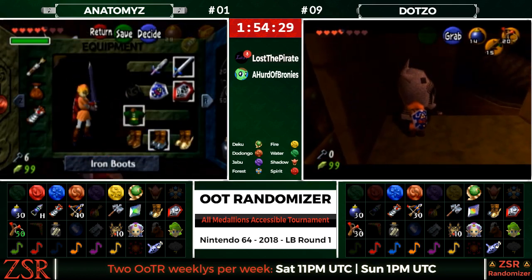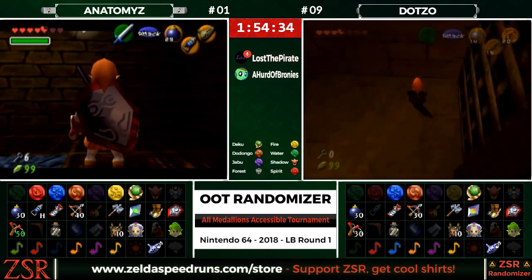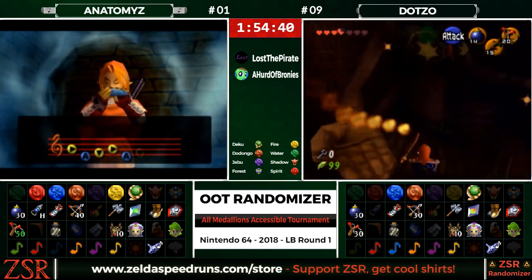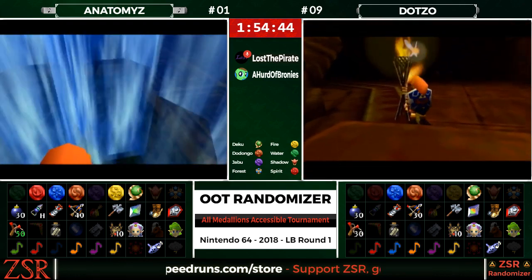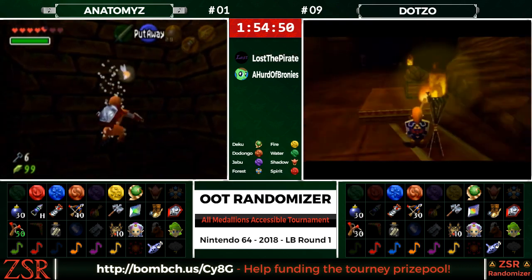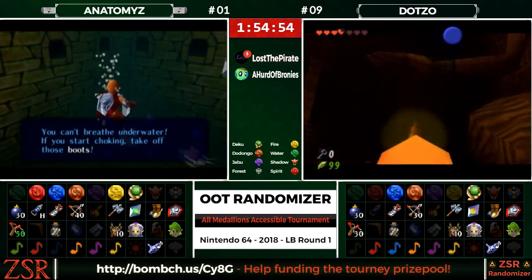And ATZ headed to the toilet. Does have iron boots, does have Song of Time, so not a required double dip in here. And Dotzo doing some of the checks in Spirit that we were not able to see earlier due to lack of fire source. And not wanting to spend quite a lot of time